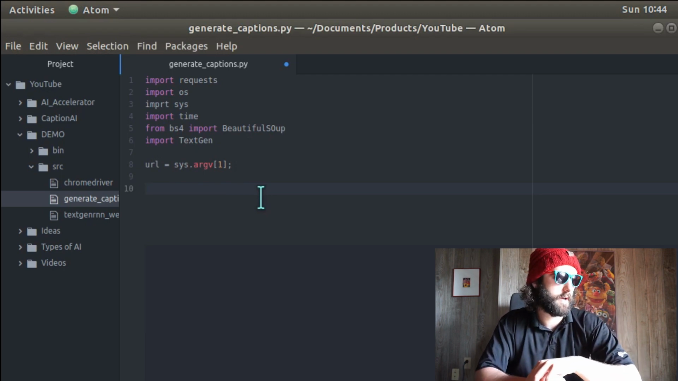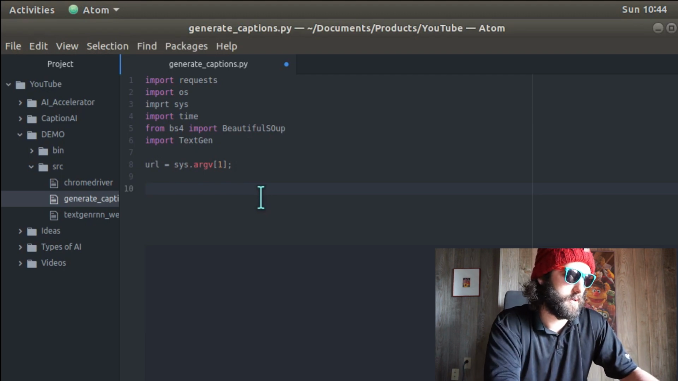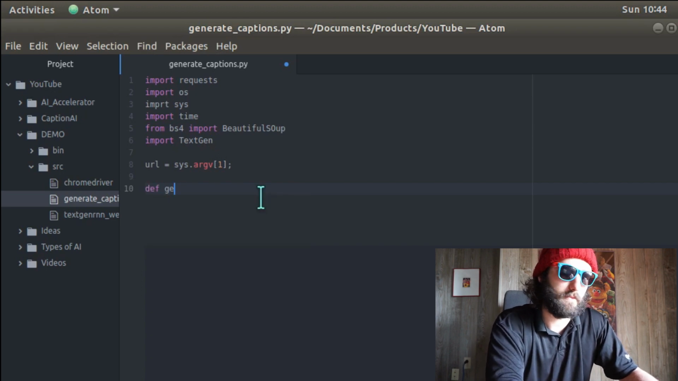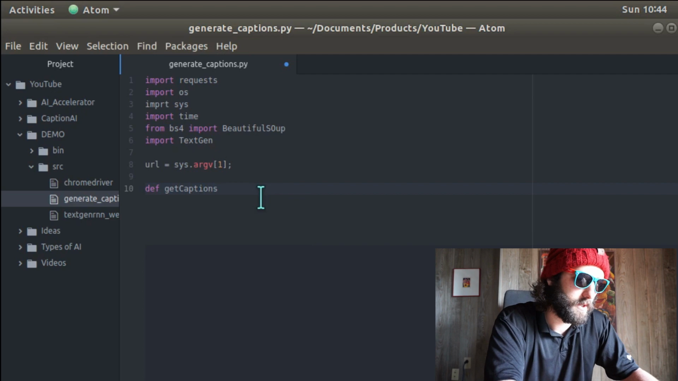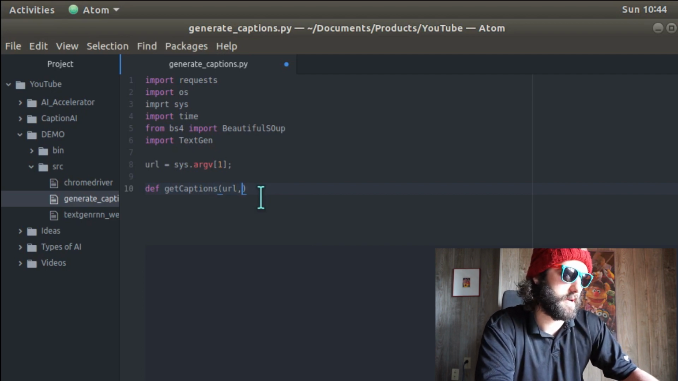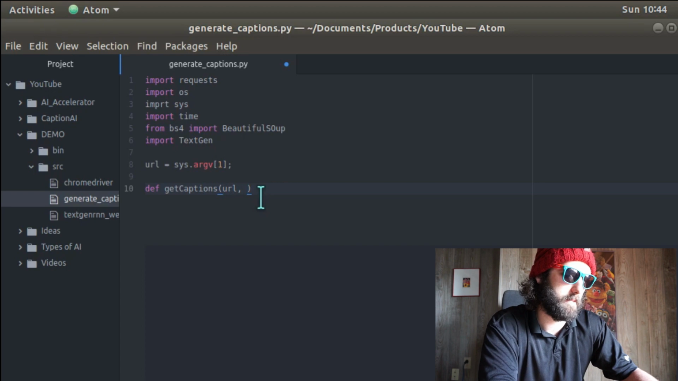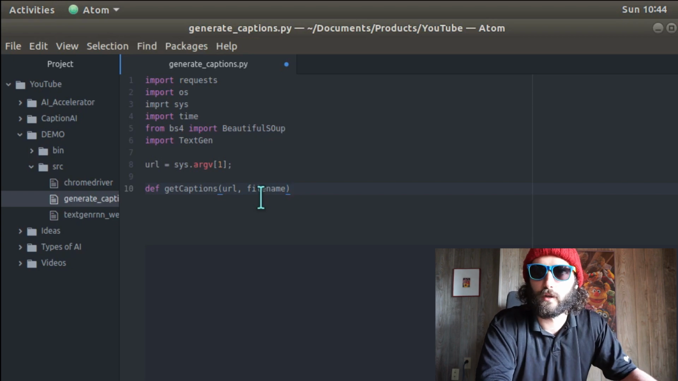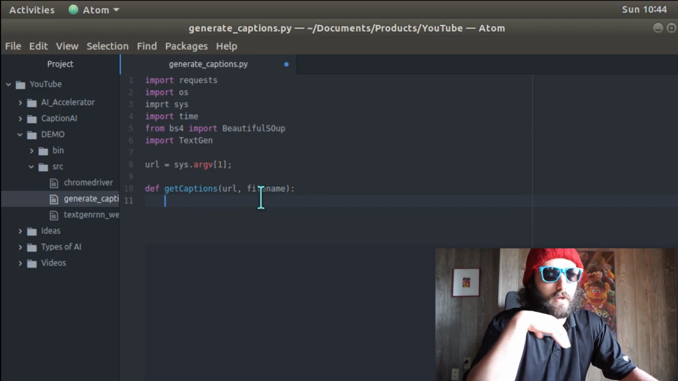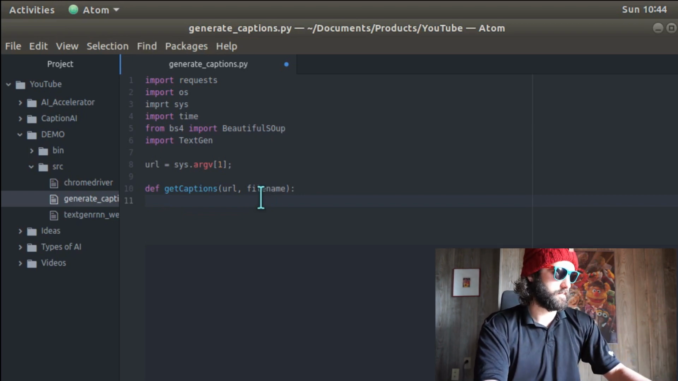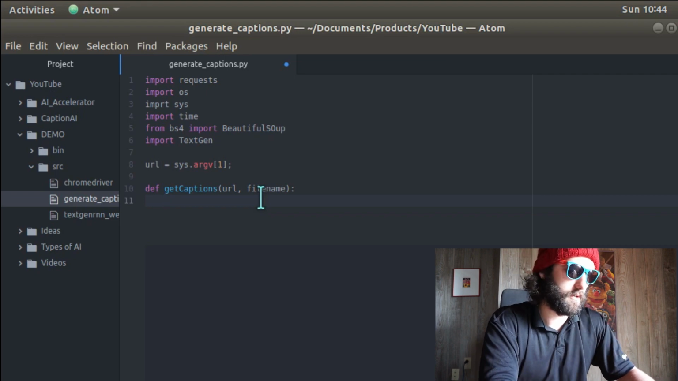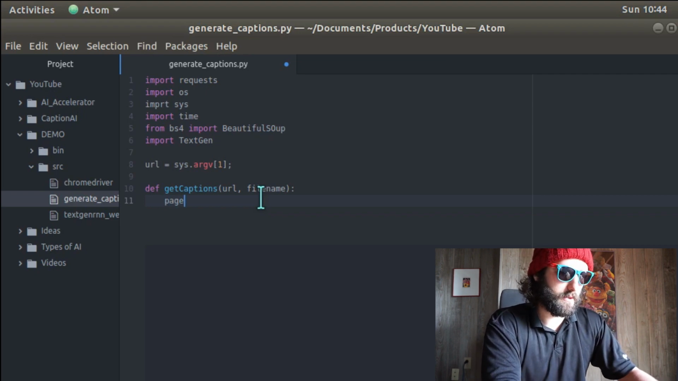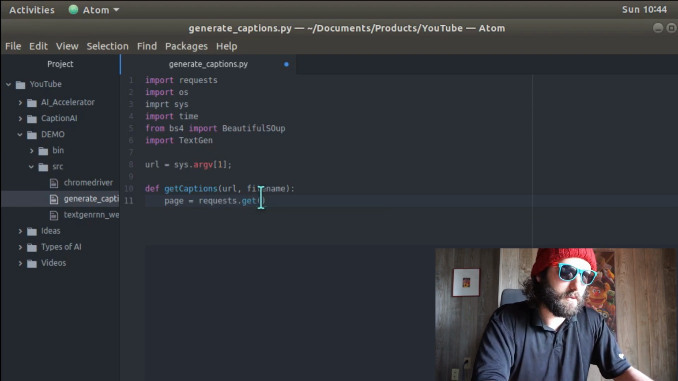Okay, so first things first, we have to write a function to get the captions. It takes the URL as an argument, as well as the file name that we want to save this data in. Because we need to save this to a text file, and then TextGen is going to be using the text file to generate new captions effectively. So page equals requests dot get